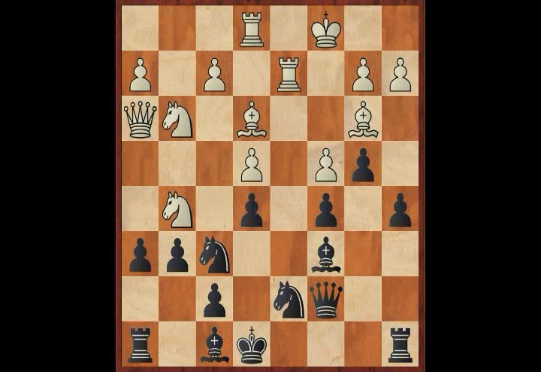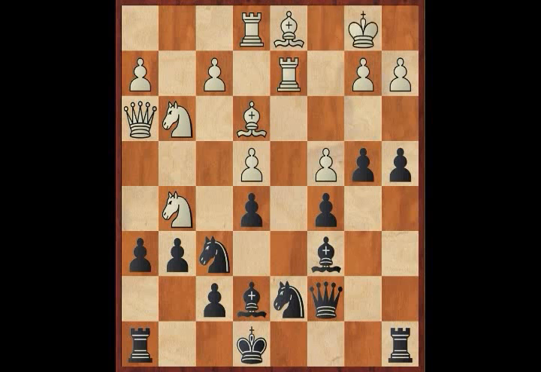Black played a5, white went rook e1, a4, white's going backwards, bishop e7, the knight is starting to feel ever so slightly insecure on g5. White played king b1, knight b6 was played. Now black's the one creating the threats. He's threatening knight takes c4, so white has to play another defensive move. He definitely does not want to play that move. Bishop d7,